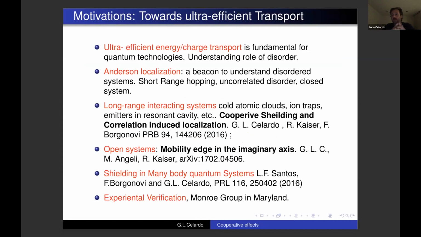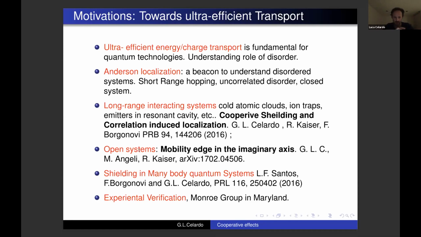Achieving ultra-efficient transport is a fundamental issue in many quantum technologies applications. To do this, we need to understand the role of disorder. The Anderson theory of localization is a beacon to guide us through disordered systems and how disorder will affect transport properties. Nevertheless, Anderson localization works under specific conditions: the particle can hop only at short distances, for instance only nearest neighbor hopping; the disorder should be uncorrelated, for instance the site energies where the particle can jump;